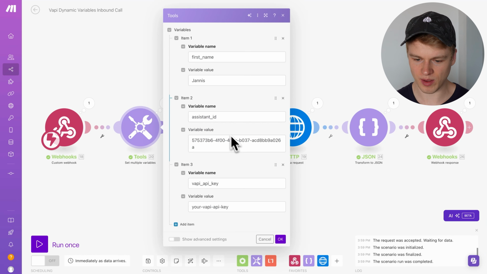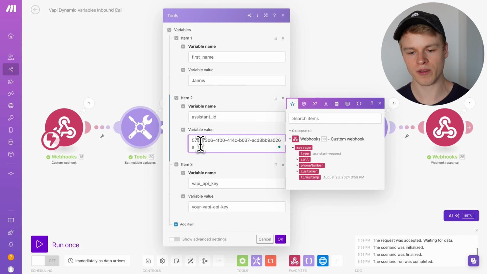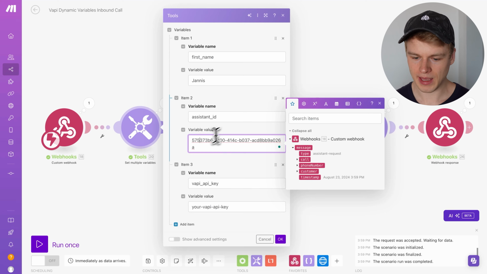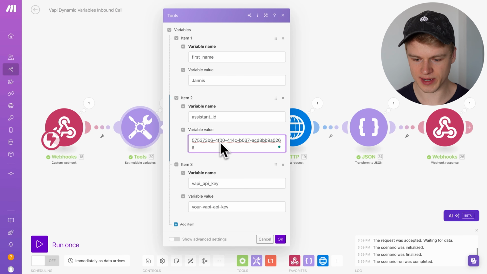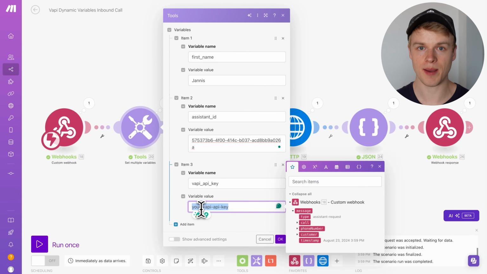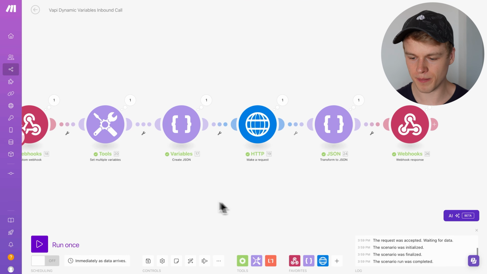Now, the next part is obviously defining the assistant ID. This is the assistant that we actually want to use for this inbound call for this phone number. And this is the same that we will find again inside of our Vapi dashboard, assistant, and the assistant ID is right here. After you grab that, you can simply add that in here, and you do the same thing again with the Vapi API key that is located in your dashboard, bottom left, API keys, private API key. Now, once you added that, all you do is you click on OK, and you are basically good to go